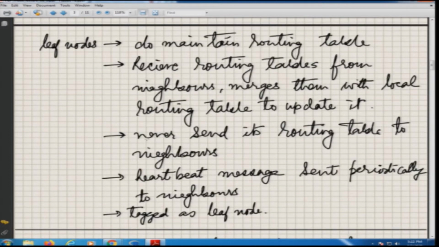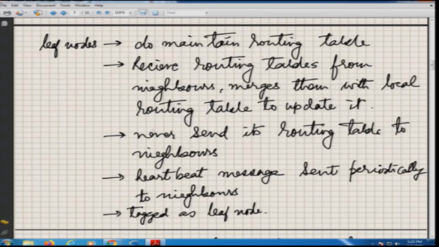Now, coming to the leaf node. Whatever I have told so far was about core nodes. Leaf nodes also maintain a routing table, because if I am a leaf node and I have a query, I have to at least route whatever queries originate from me. Whatever queries are coming to me will not be routed any further; they have to be handled by me directly. Normally no DHT query will be coming to me, I will only be called through my endpoint address. So, leaf nodes cannot be reached by their node IDs, they have to be reached by their endpoint address.